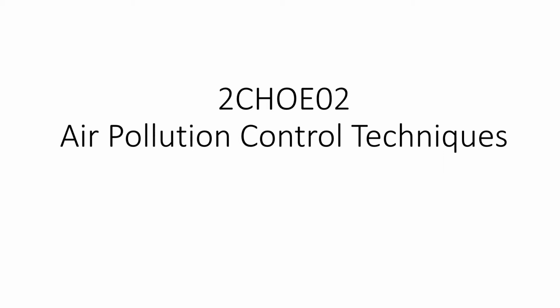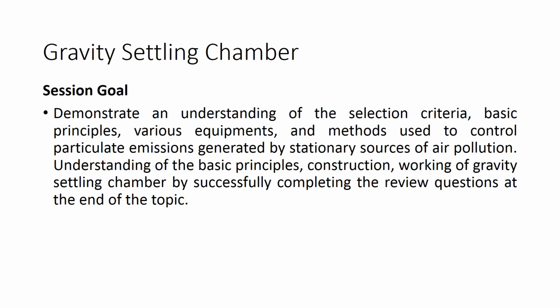In the last session, we have discussed source correction methods like change in fuel, equipment modification, process change, etc., which are environmentally friendly and economically accepted by the industrialist as well. By adopting and implementing source correction methods, if any industry still can't meet the regulatory requirement prescribed by the Pollution Control Board, they have to go for air pollution control measures.